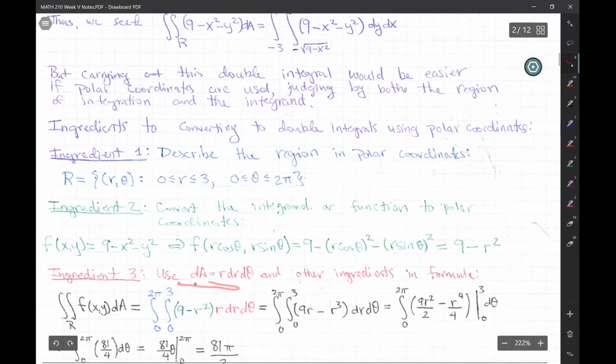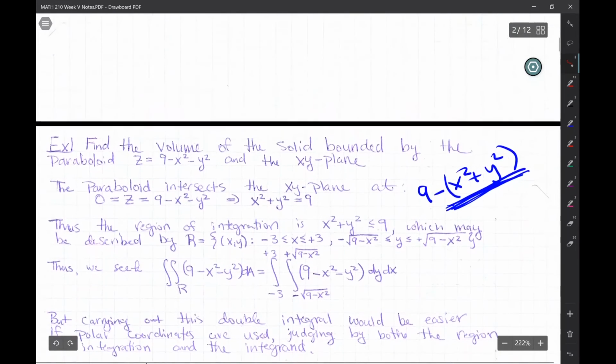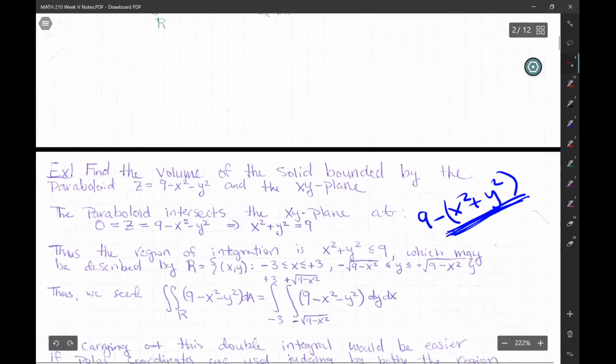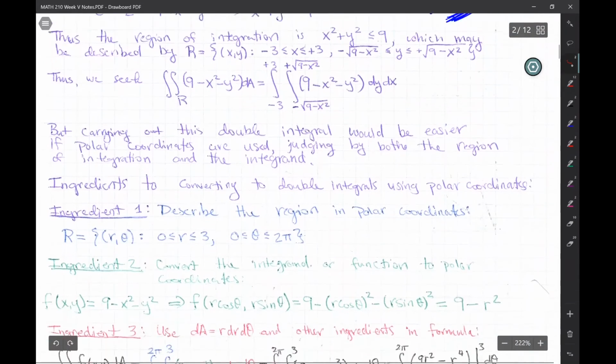And our third ingredient is to use this area element and plug it in our formula above. So here we have the area element, here we have the function converted, and here we have our bounds of integration. So let's put all of these together,